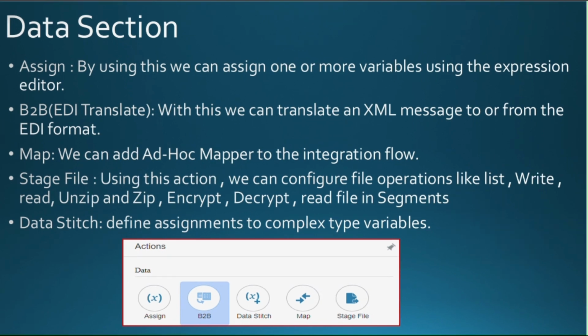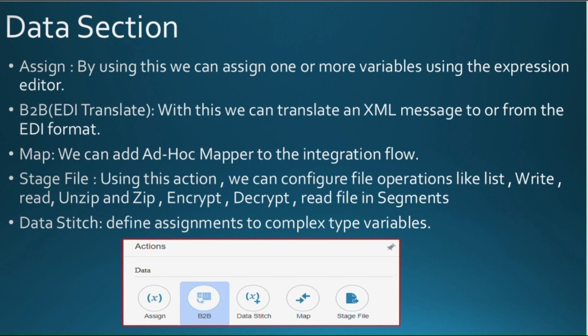So next one is the stage file activity. A stage file in Oracle Integration Cloud is a temporary location, or you can call it a virtual location, that is used to store the data during an integration flow. So in real time, we have a requirement where we are going to receive a file from the source system. We can place the file in a virtual location and then use that file for further processing, or send it downstream. Right. So basically stage files are created by the OIC engine and the files are deleted automatically when the integration